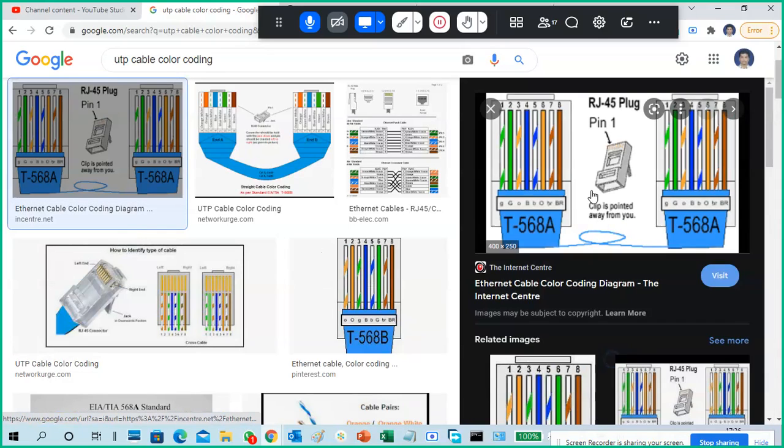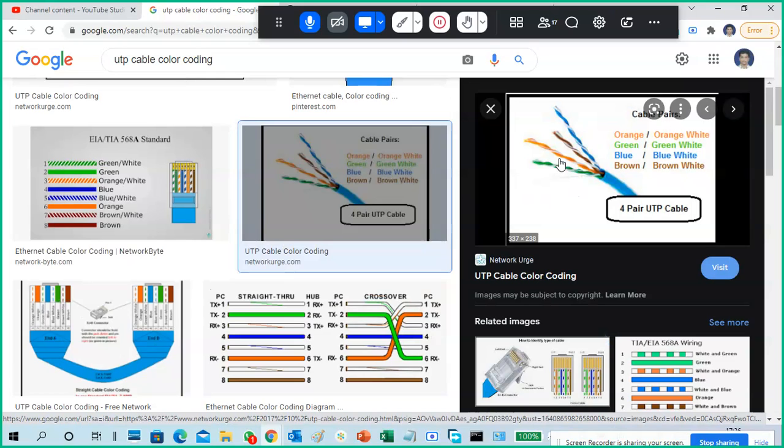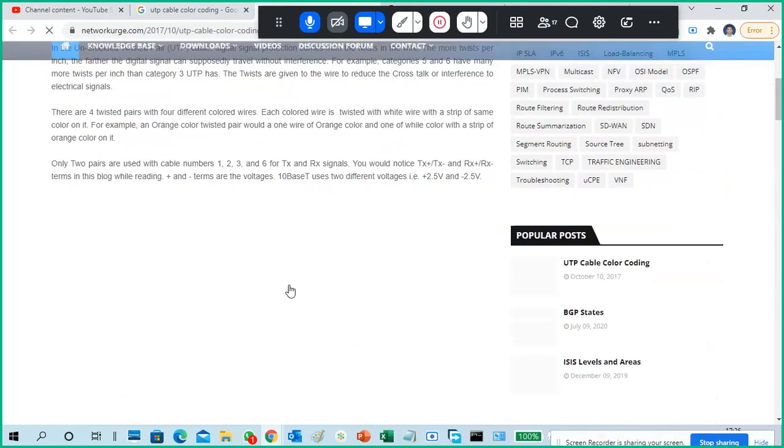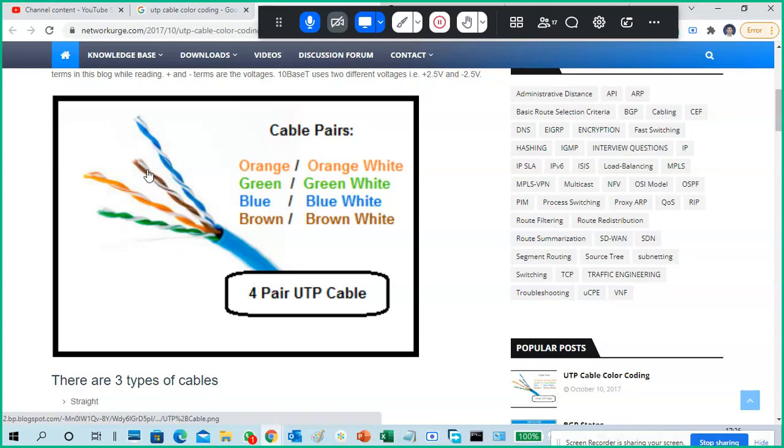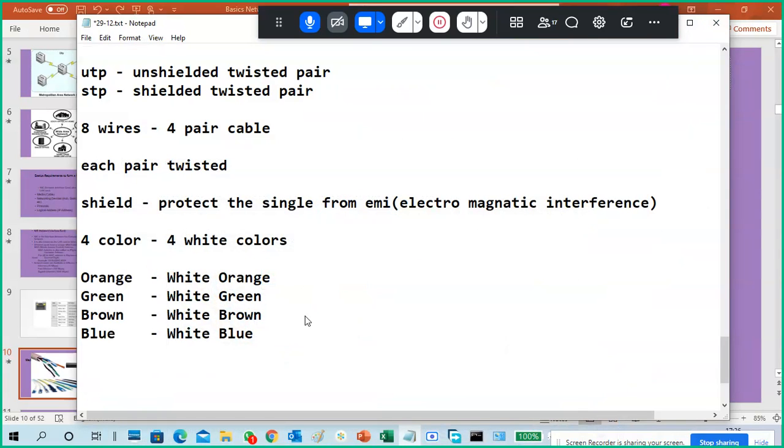Okay, so like this. This is the green, and this is a white. On the white, there is a color. You can see carefully here. If you observe, it's a brown wire and there is a white wire. On the white, you can see there is a color. Okay, like this. Guys, that is the color code. Next, the cables are in categories. Each cable has a category based on